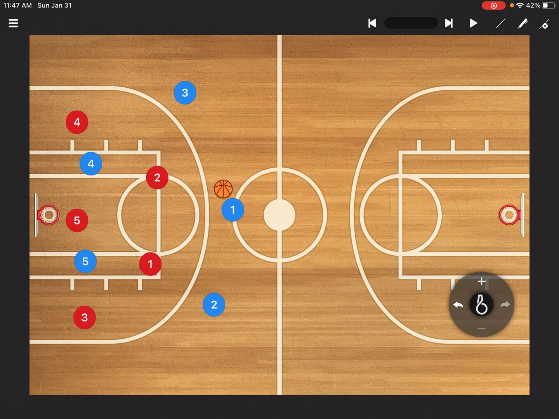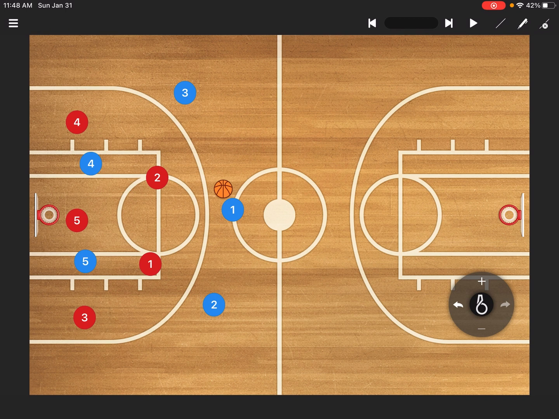Let's talk about zone. So in this scenario, we are the red defense and blue is the offense. And the idea behind zone is that you're responsible for an area, but not exactly a person all the time. So you would lay out, we would probably do a 2-3 zone, which you see the layout of the red